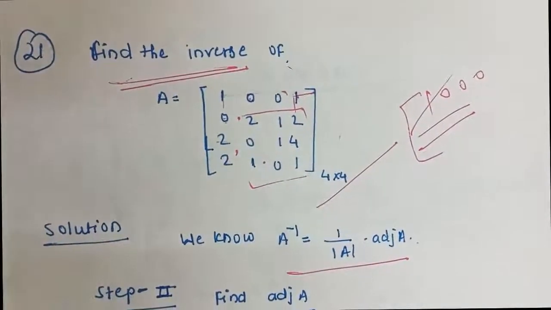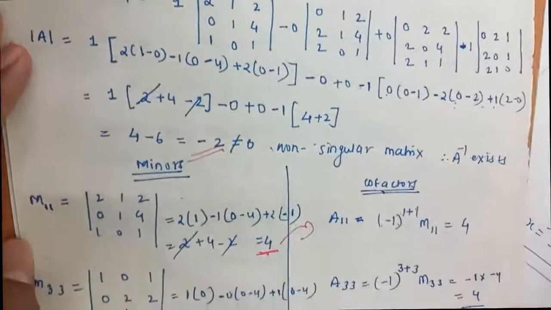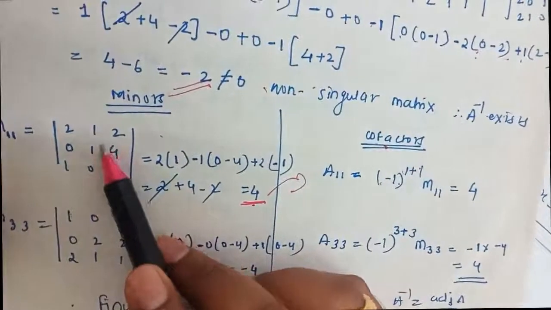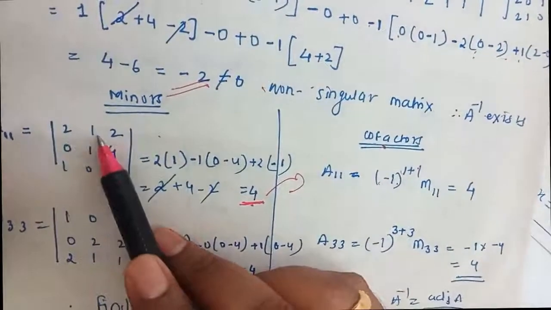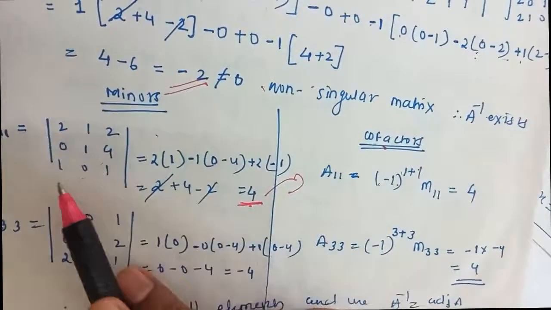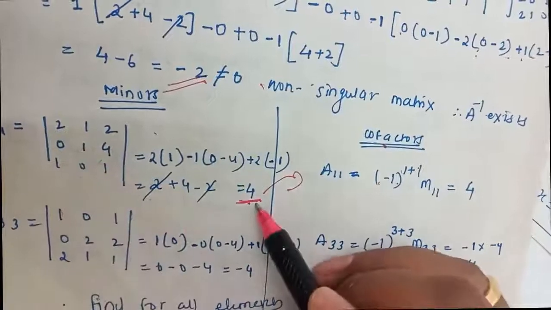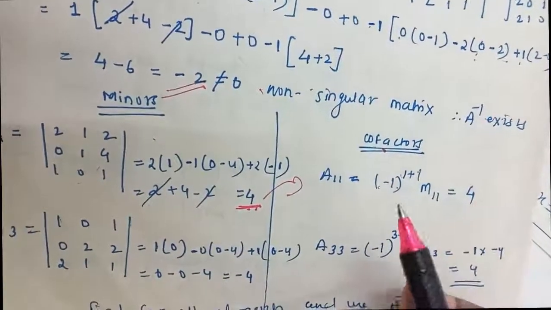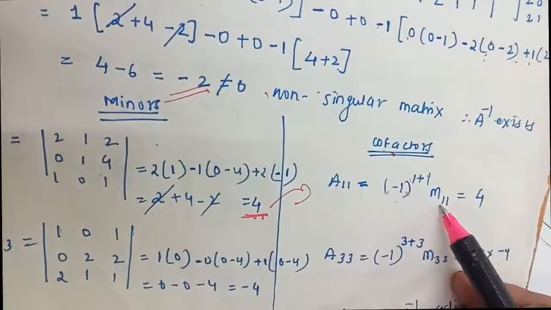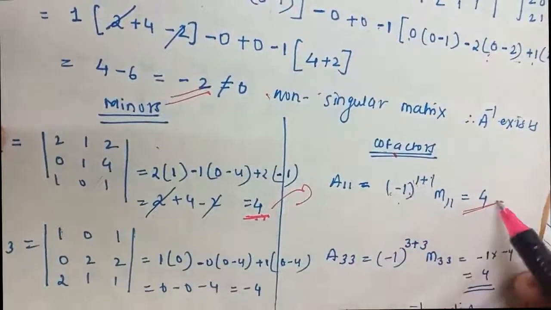So the next one, we have to find the minors here. Finding minors and cofactors we already know, but the only difference is that when we were finding the minor of an element, it was a 2 by 2 matrix. Here, earlier came the 2 by 2 determinant, now will come the 3 by 3. That's the major difference. Now we know how to find M11. Expand this determinant, you will get the minor, and with the similar formula as we did before, minus 1 to the power of 1 plus 1, because this is the 1 1 element, into minor of 1 1, so it is a 4, this is an even power, so plus will come, 1 into 4 will be 4, this is the cofactor.